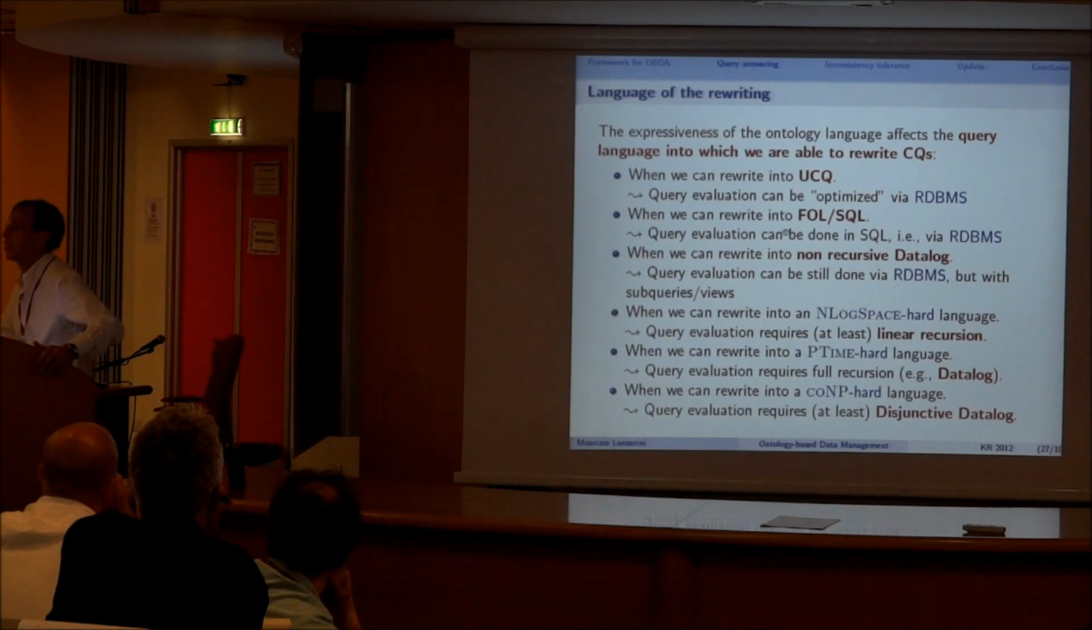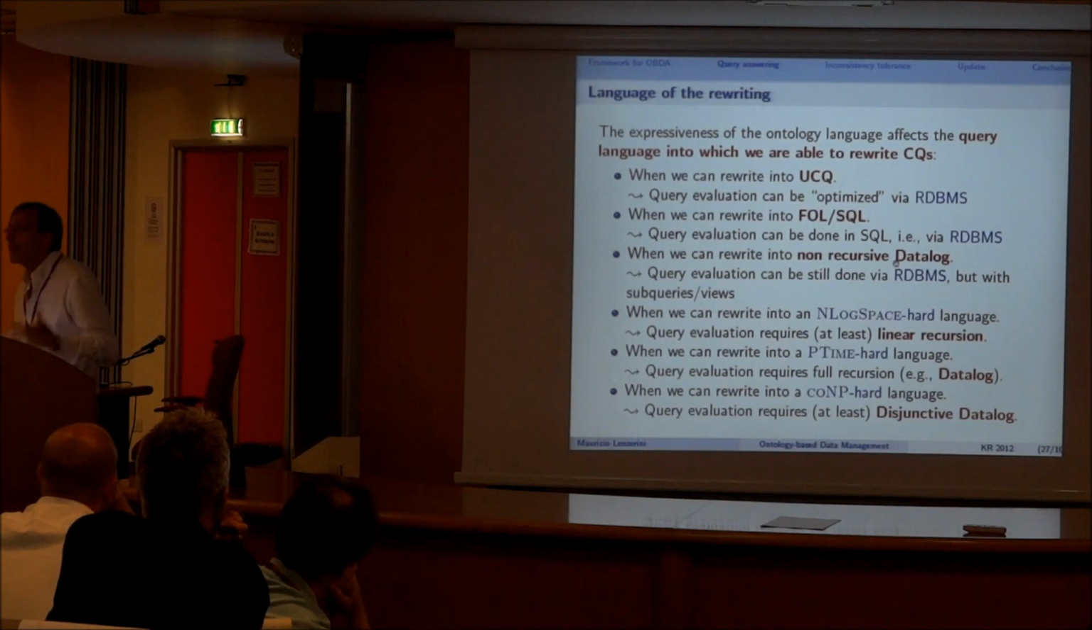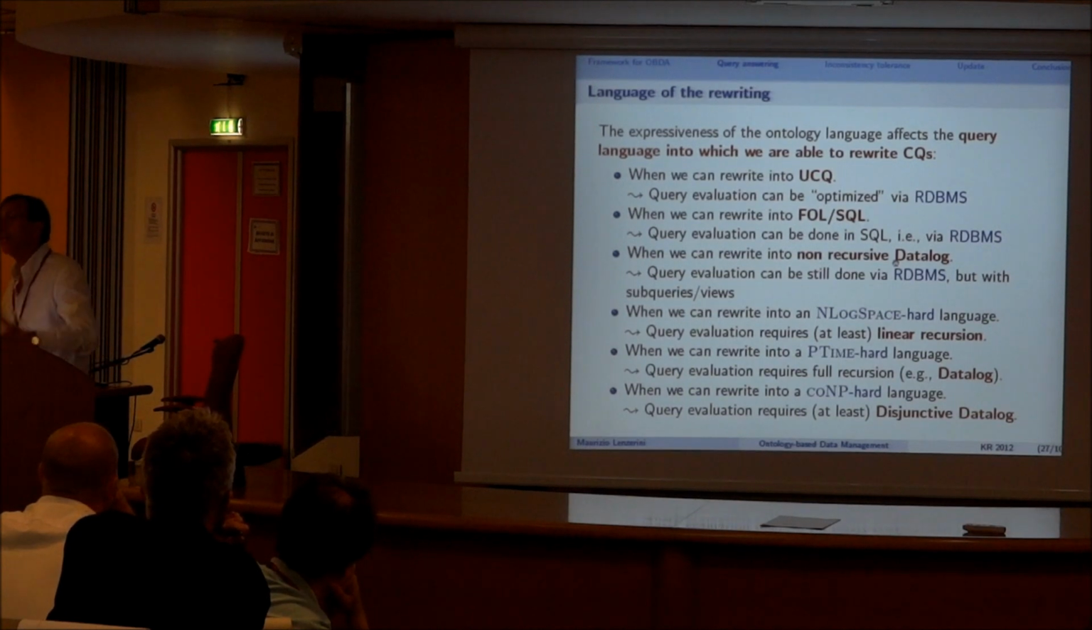If you cannot rewrite into a union of conjunctive queries, but let's say in first-order logic, you can still use a relational database management system because evaluation can be done in SQL, although it is not true that every SQL query is efficiently executed by the database management system. When you can rewrite into non-recursive Datalog, when you need the power of non-recursive Datalog to produce the perfect rewriting, then